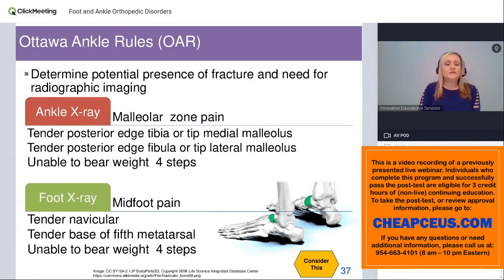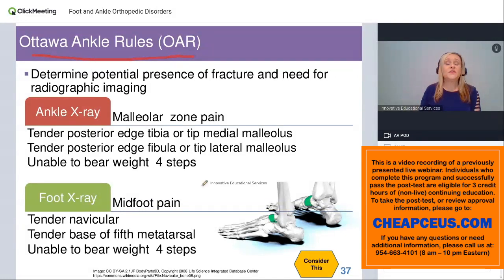The tool that really is going to lead us down the path as to whether or not imaging is necessary is the Ottawa ankle rules, and this should be utilized for all patients that have sustained any injury to that foot and ankle complex. They estimate that by performing the Ottawa ankle rules, it decreases unnecessary imaging studies by about